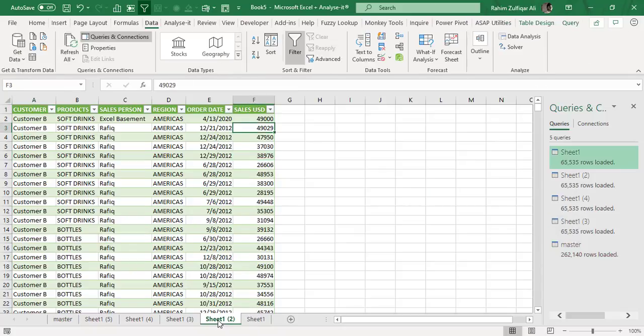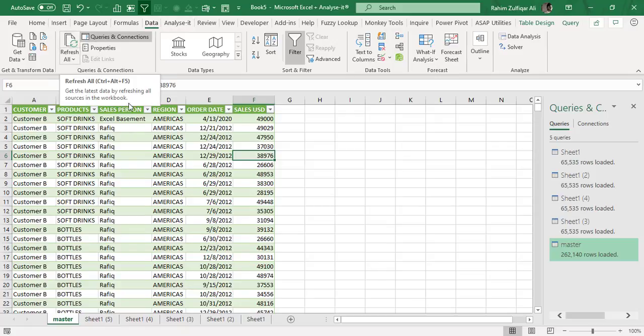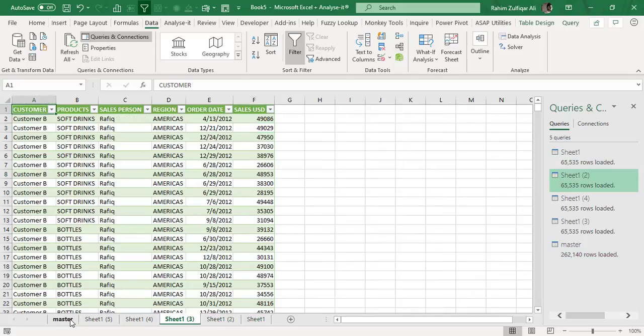So now, for example, if in the original data source anything gets edited or changed, for example any amount or any description, or deletion of any rows, Power Query gives you the power that you just need to click on the refresh button. In the Data tab just click on Refresh, and it will again read that original data source. Because it's a linked source, your tables will get updated, and the master sheet will also get updated. So this is the advantage of using Power Query.